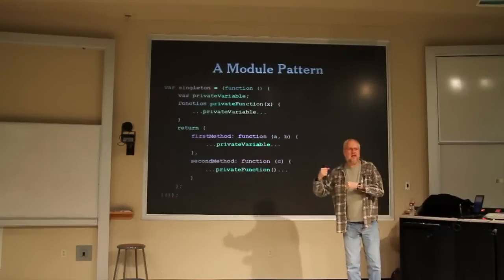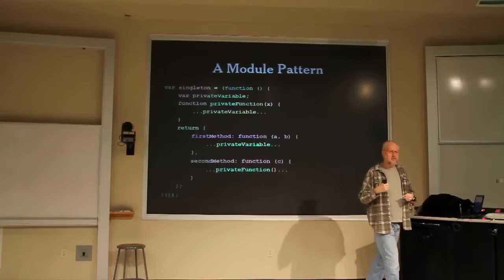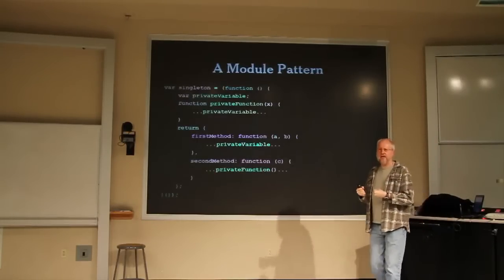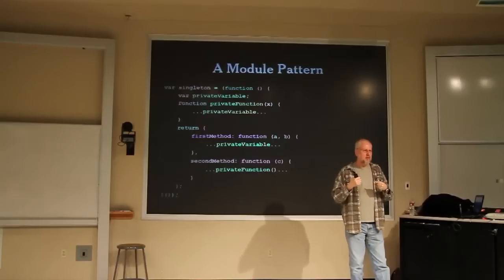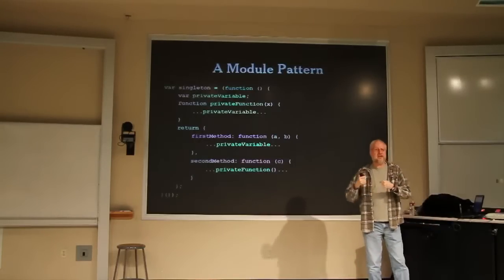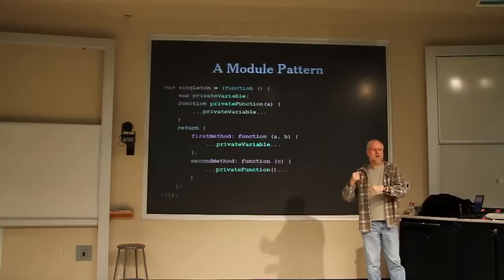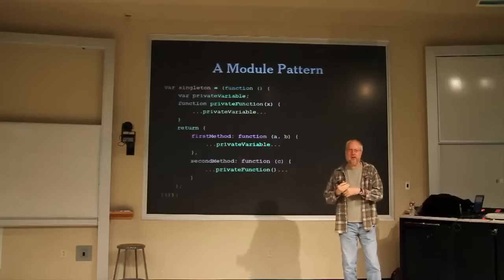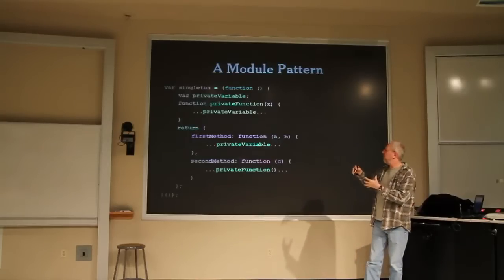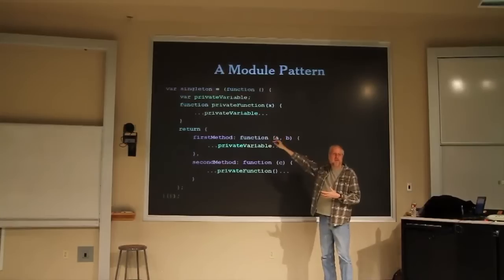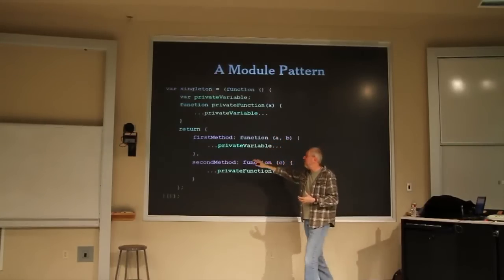So by using closure and by using function scope, we can create modules in this language. Suppose I want to make an object which will have two methods in it. And those two methods will have access to shared private state. We don't want to put that shared state in global variables because that's obviously problematic. So instead, we'll have an outer function in which we'll declare all of that stuff, and then we will return